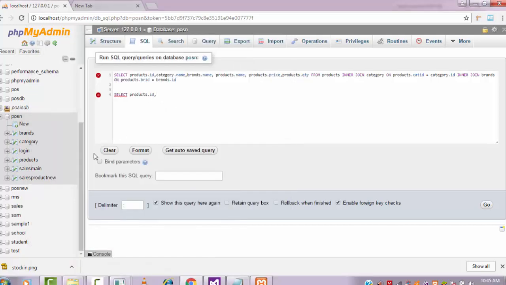After that I need what? Category name. So the category name will be available, category table, category name. After that I need brand name, it will be available in brand table here. So brands dot name, comma, the product's name will be available products table. So you have to write the name properly. Please be careful when you are writing the query like this. Okay, you have to check like this. It's coming from, there is 3 various tables.